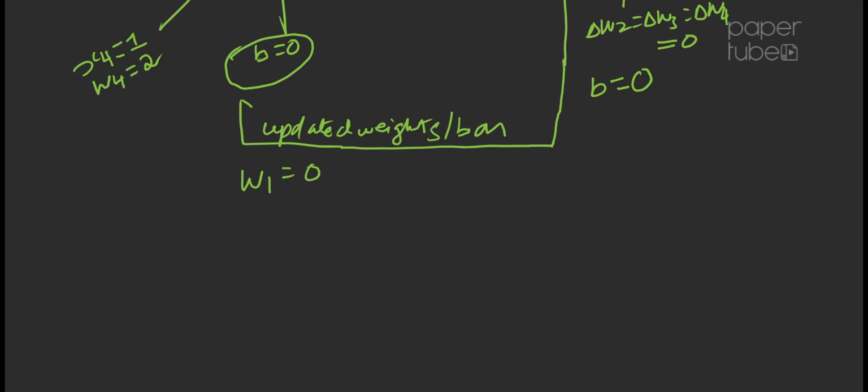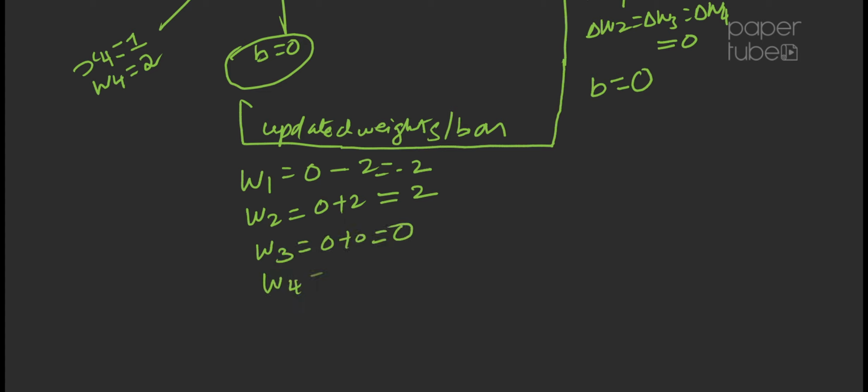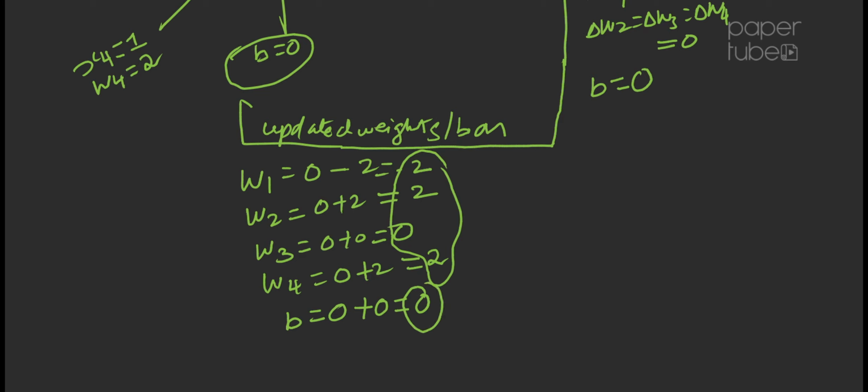w1 will be equal to 0 minus 2, that will be equal to -2. w2 will be equal to 0 plus 2, that's equal to 2, and w3 is equal to 0 plus 0, that will be equal to 0. w4 will be equal to 0 plus 2, that will be equal to 2, and finally the bias: old bias is 0, new change in bias is equal to 0, that makes it 0. So you have a set of new weights and bias. So we are going to use this for the next